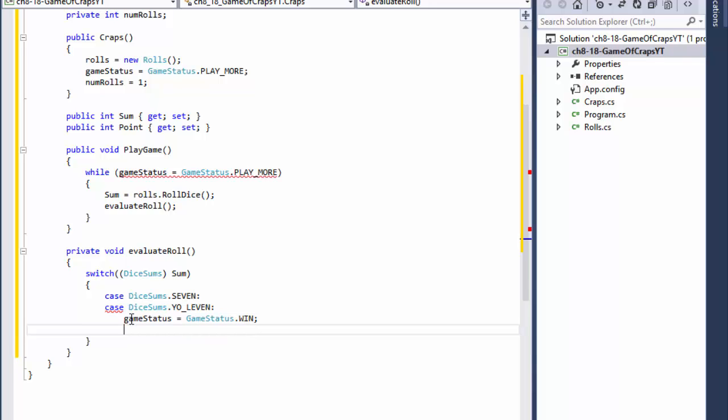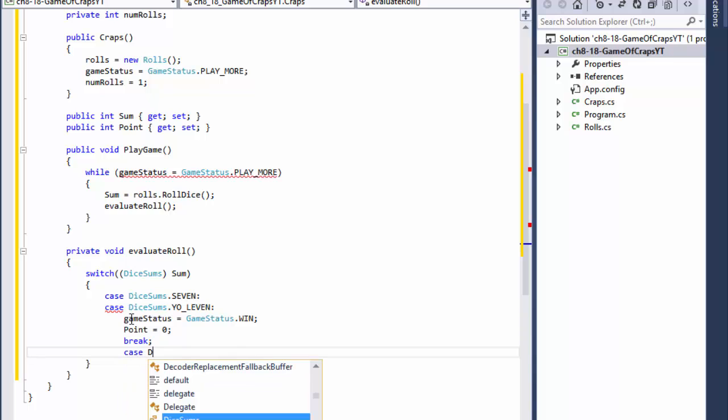And we don't get any point because the game is over. We won. So our point will simply, I'll set it to 0. Okay, so that's all. We can just do the break. Now, if the case is the snake eyes,